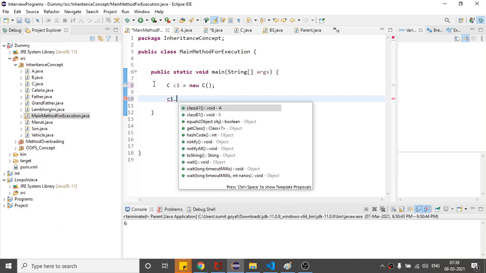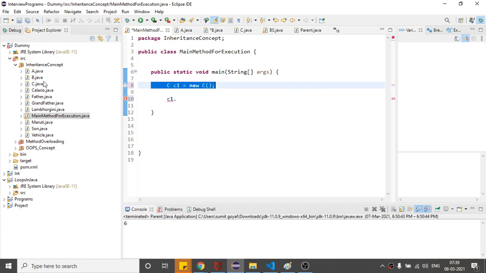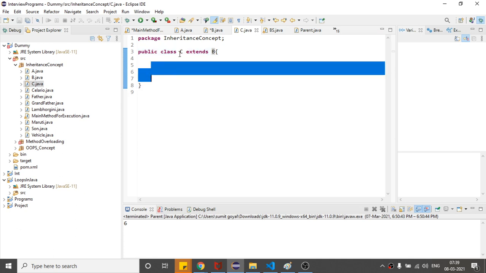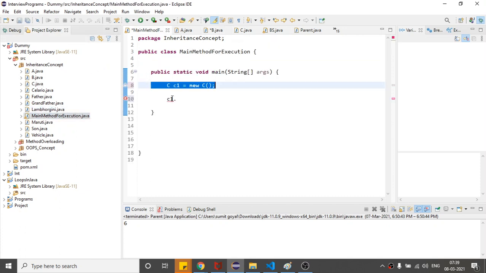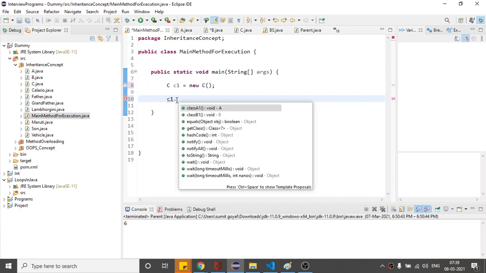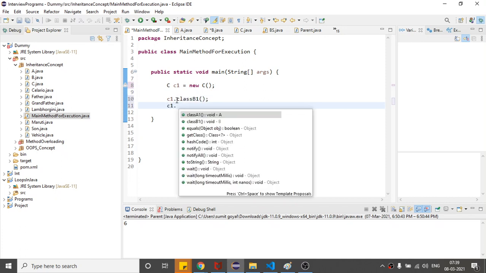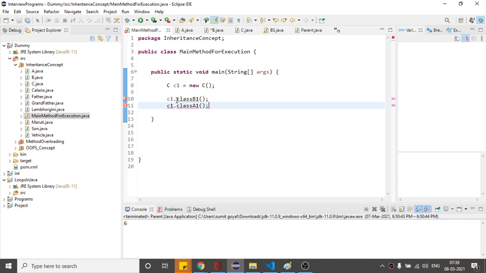Here I'm creating the object of class C, and in class C no methods are visible, but as we are using the extends keyword, all the methods present in the B and A classes will also be part of this class, and we can call those methods with the help of objects of class C. So C1 dot, you can say class A1, class C1 dot. So what is the error?